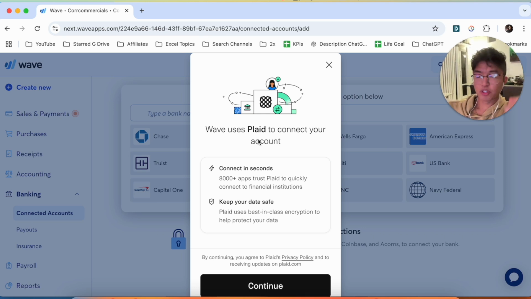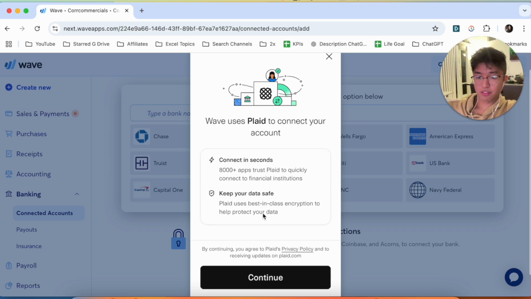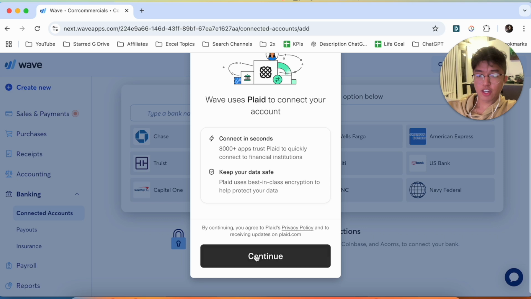So don't worry here just because Plaid, it's been used by a lot of banking and transactions apps such as Acorns, Venmo, Zelle, Coinbase. A lot of financial institutions use it, and the main reason why is because it's going to connect your account in seconds, and it's also going to keep your data safe, right? So I've used Plaid before and I've had no problems with it whatsoever,